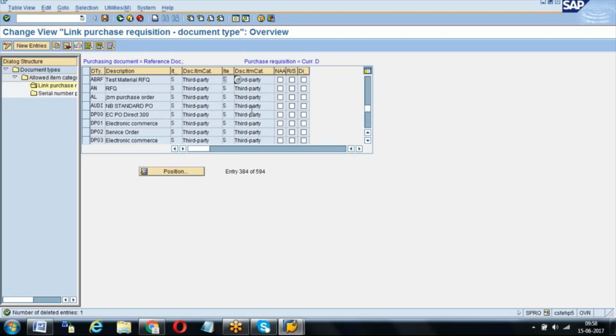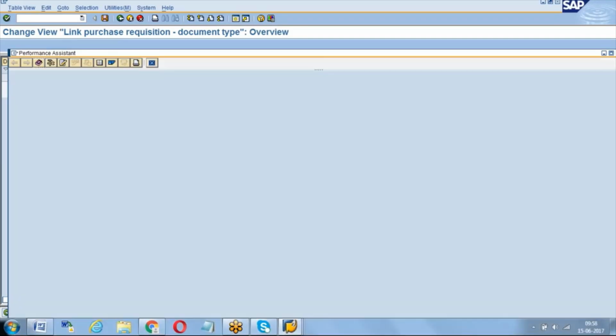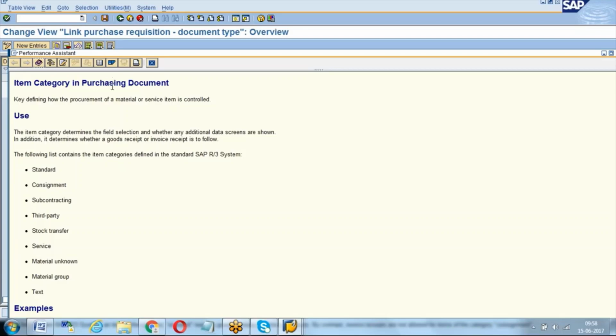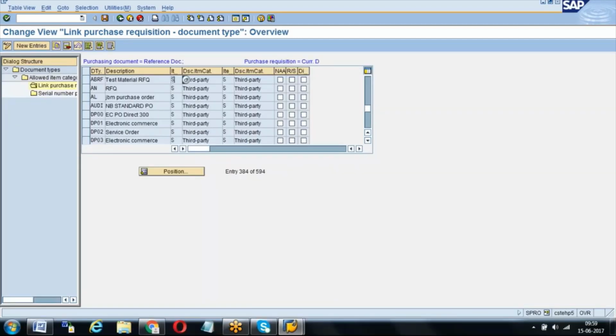For example, you can just click F1 here. See, item category in purchasing document. Let me see this. Item category of the reference document.